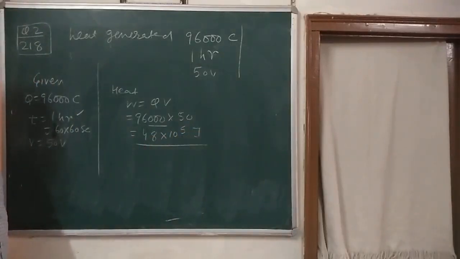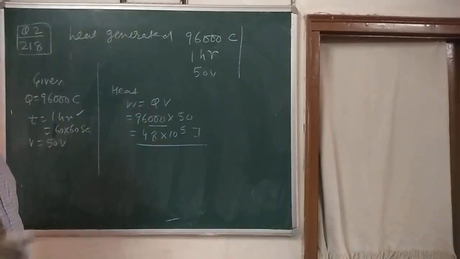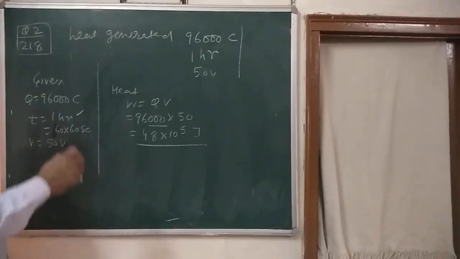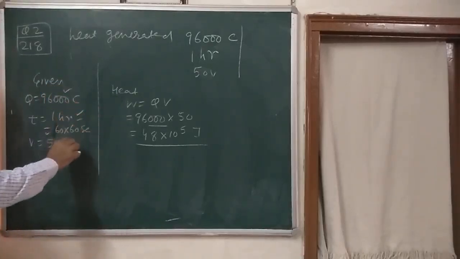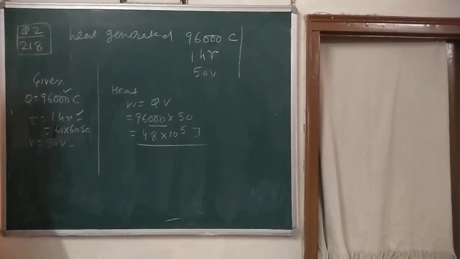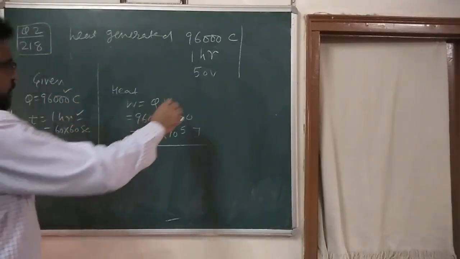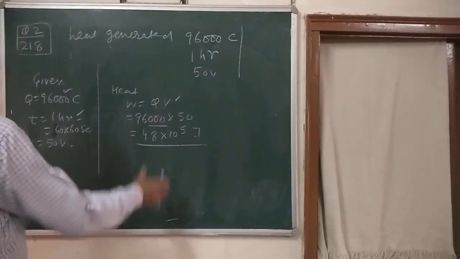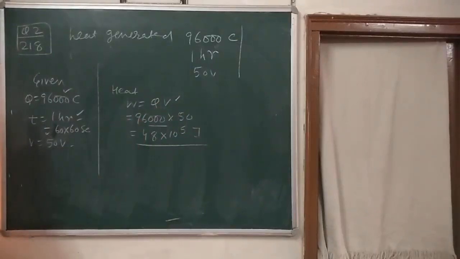So this is the way to solve the numericals. Children, you can solve the numericals only when you know the formula. So first, write all the formulas of this chapter on a single page, then see what things are given to us, and with the help of that choose which formula we require. So this is the formula we require here and we can solve it.